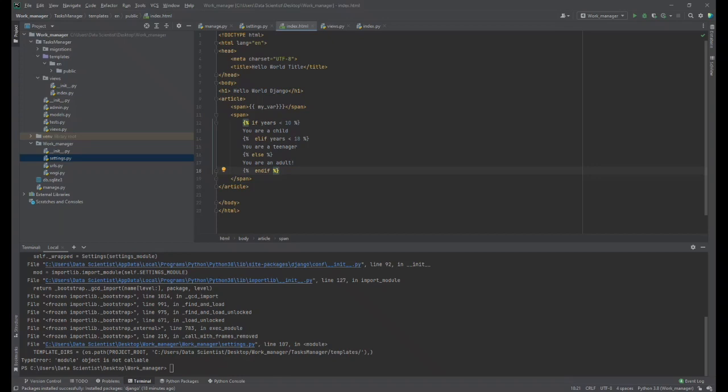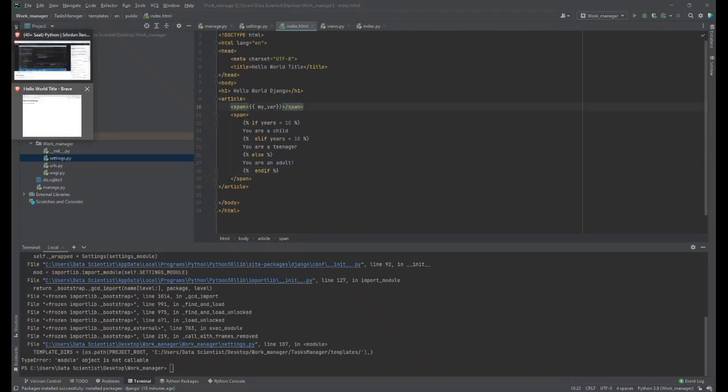Now in our case, when we send the value 15 to the generated template, here's the code that gets used: <span>You are a teenager.</span>